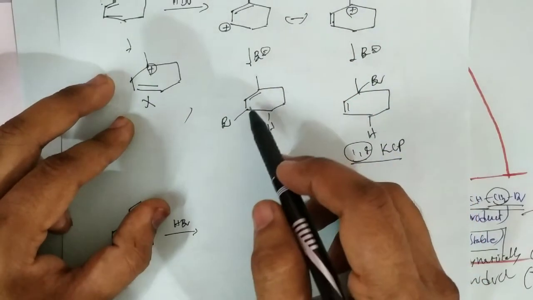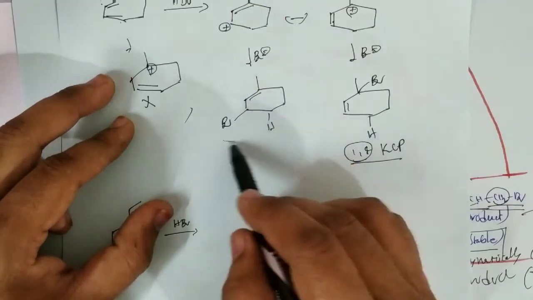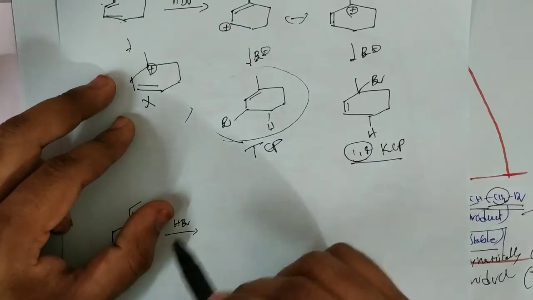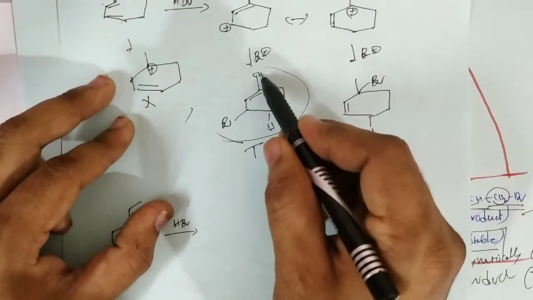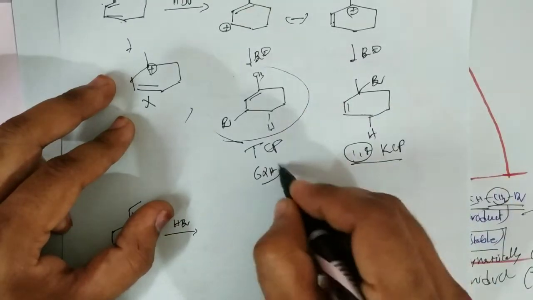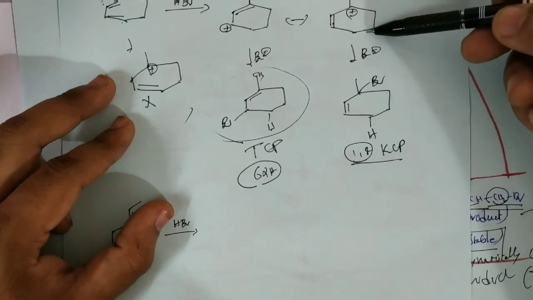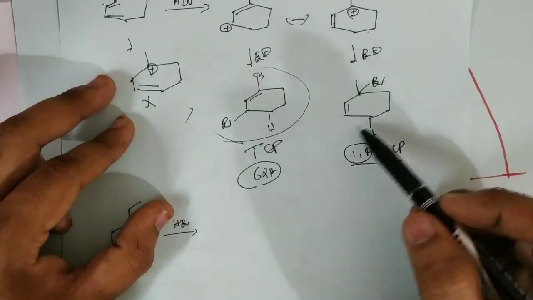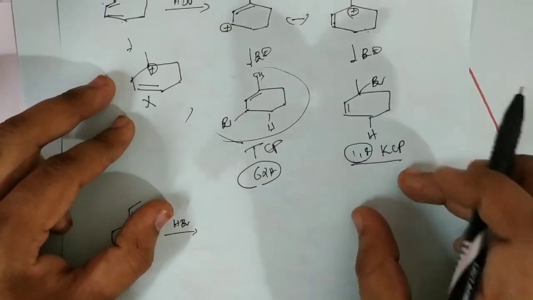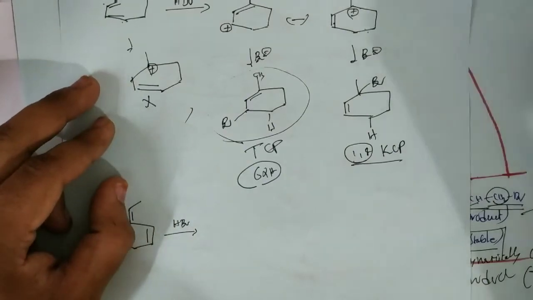Now in this case this is of course a secondary allyl carbocation, it is formed, but this alkene is more stable. This is the thermodynamically controlled product. Why? Because in this case there are 3 alpha hydrogens here, 2 alpha hydrogens here, 1 alpha hydrogen, 6 alpha hydrogens, thermally more stable, but it is formed through the stable carbocation, that is a tertiary allyl. So here of course alpha hydrogens are fewer, 2 alpha hydrogens here, no alpha hydrogens, so it is a thermally less stable alkene but a kinetically controlled product because it is formed through the stable carbocation.